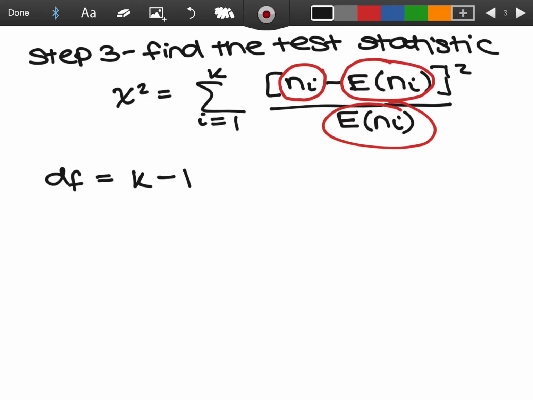We're not looking at samples now. We're looking at outcomes. So this time it's the number of outcomes minus 1. Okay? And that's your number of degrees of freedom. All this does with the chi-square distribution, and if you click, because they'll do a way better job of drawing this than I will,